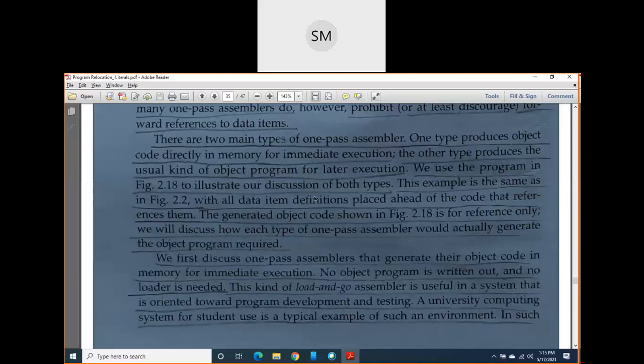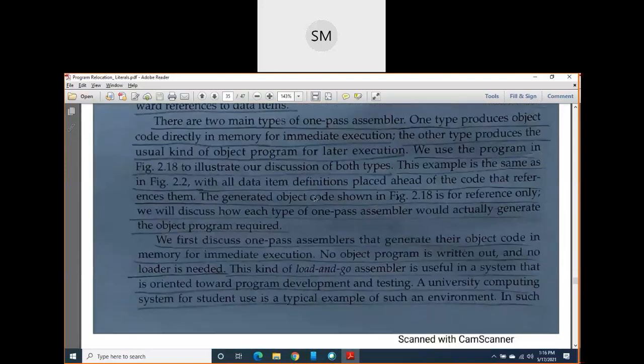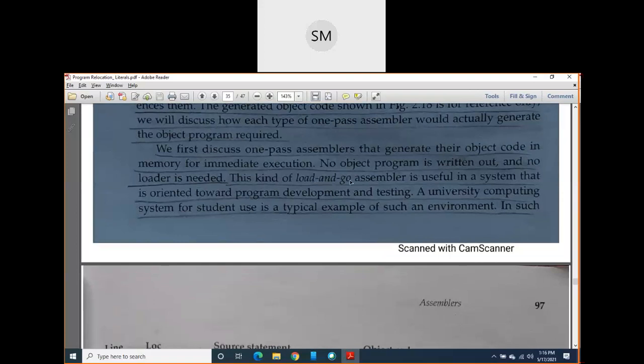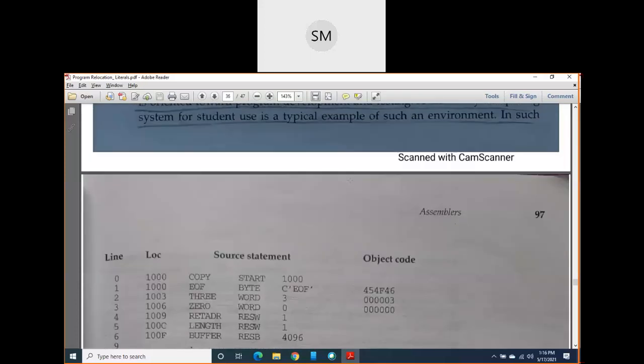The second type of one pass assembler generates the object code, then generates the object program, and stores that object program in the secondary memory, and the loader will pick it and load it into the main memory for execution. Those are the two types of assemblers. The first one is load and go, and that load and go uses only one pass.